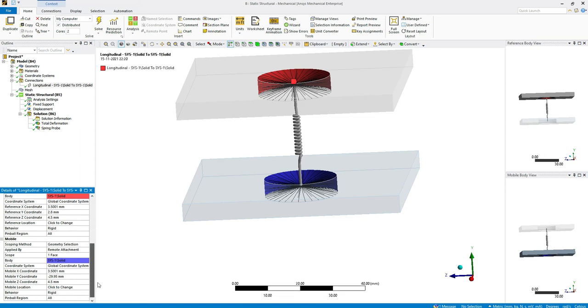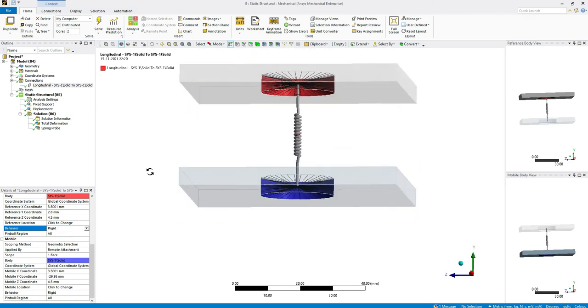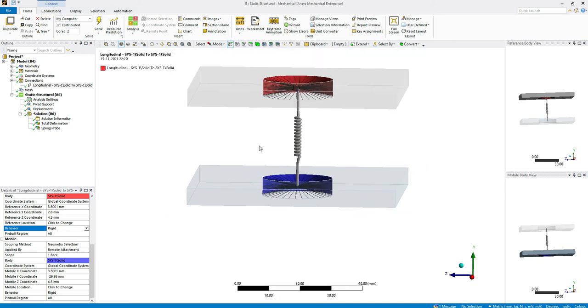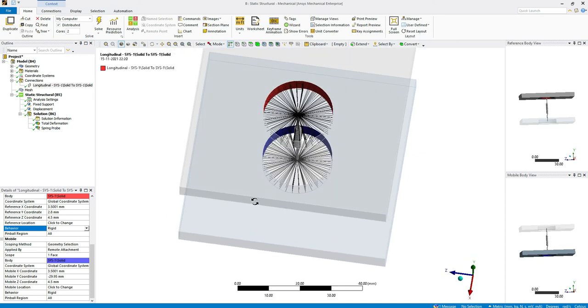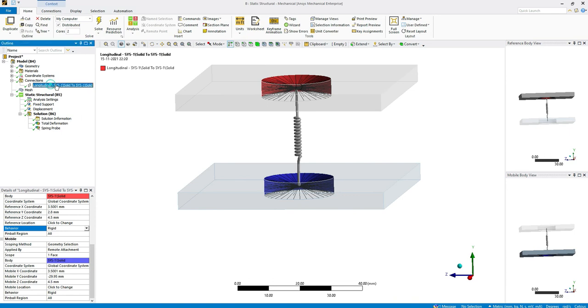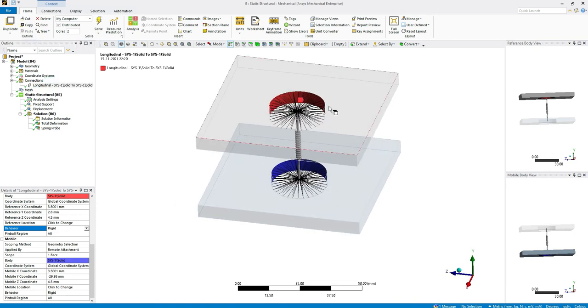For example, if I go here, you can see the behavior is set to rigid. I can make it deformable or beam feature. So I will not go into detail on all these options, but definitely in our coming video, we will discuss these things in detail. For timing, just keep one thing in mind, whenever we are scoping to any geometrical entity except vertex,